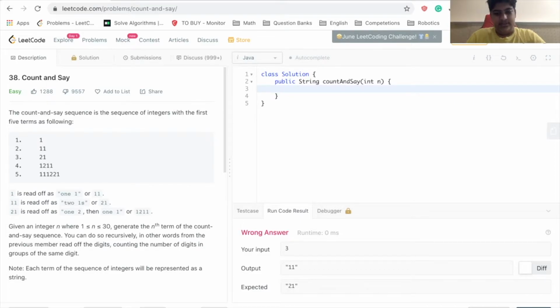So let's do that. For recursion, we need a base case. So if n is equal to 1, return 1. Otherwise, we first need to convert this n into a string, because we need to iterate over the digits. So string numStr equals Integer.toString,